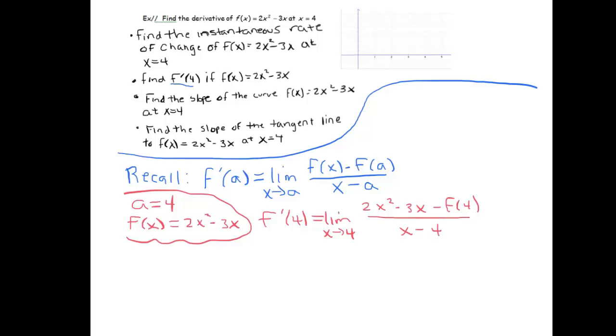Alright, and so what we have to figure out is what f of 4 is. Let's go off to the side and do that. So if I plug in 4 into our function, 2 times 4 squared minus 3 times 4. So that's 16 times 2 is 32 minus 12 is 20. So I'll just put a 20 right in there. So I'll write it again. So it's equal to the limit as x goes to 4, 2x squared